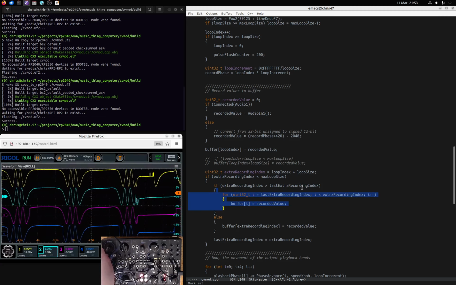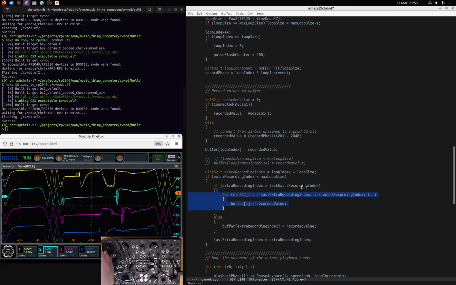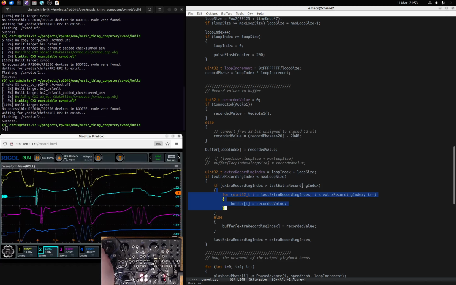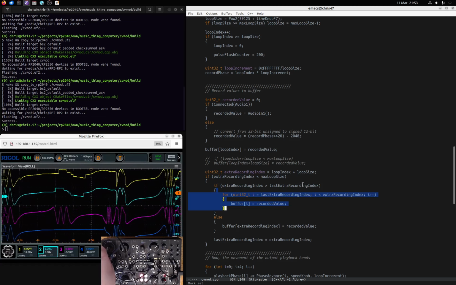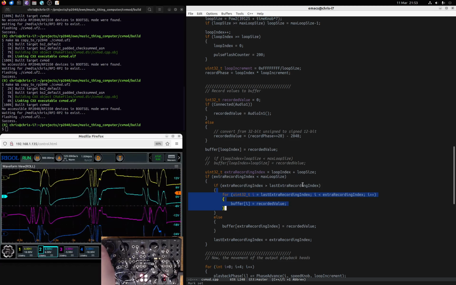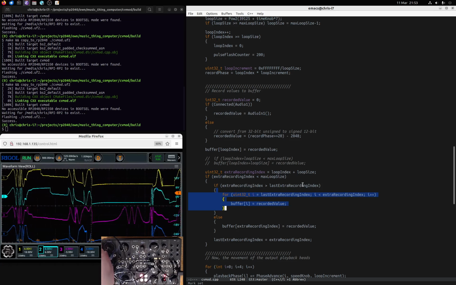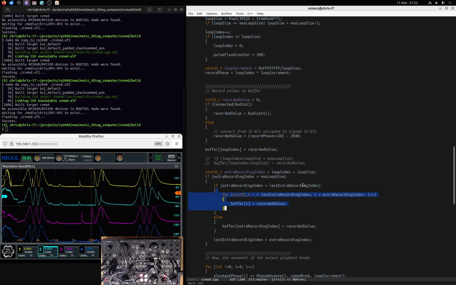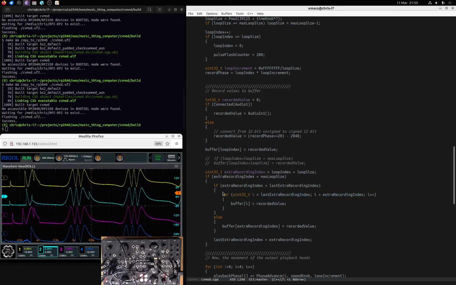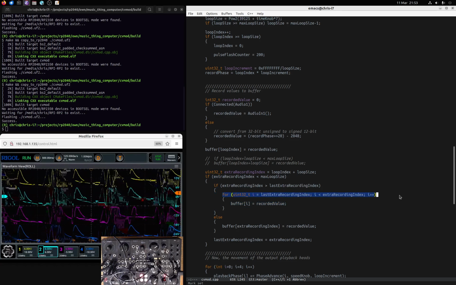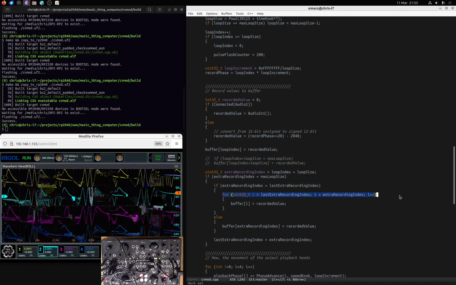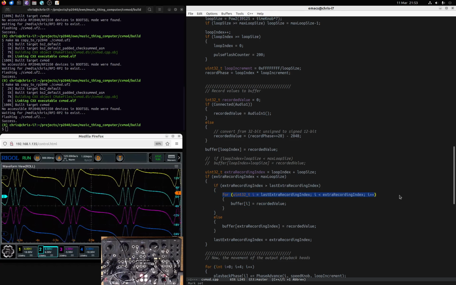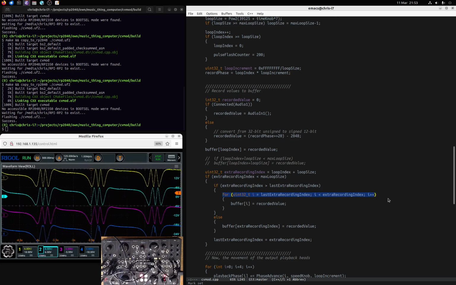So if I really flick the knob as hard as I can, the thing still isn't crashing. So this seems to be reasonably robust, but we will do a more stringent test of that shortly,